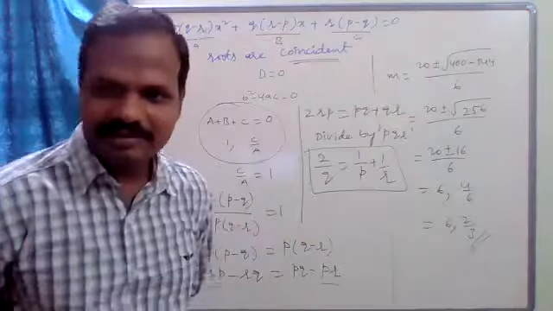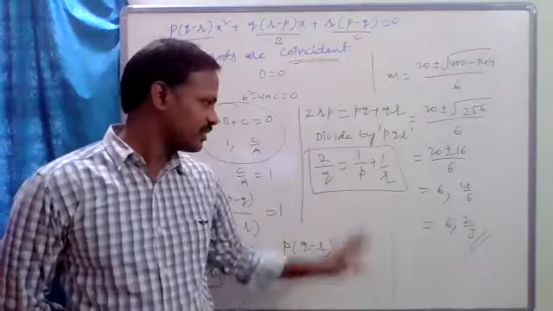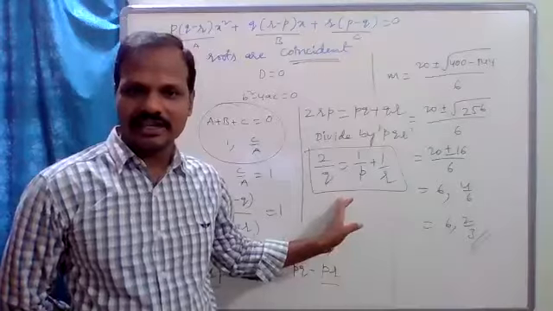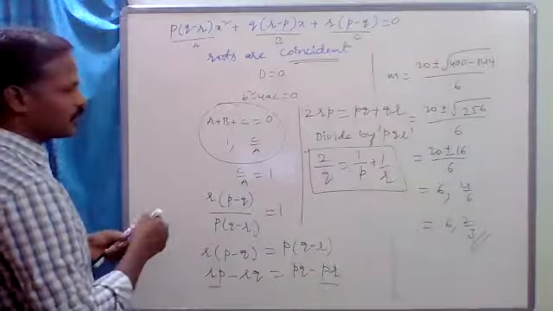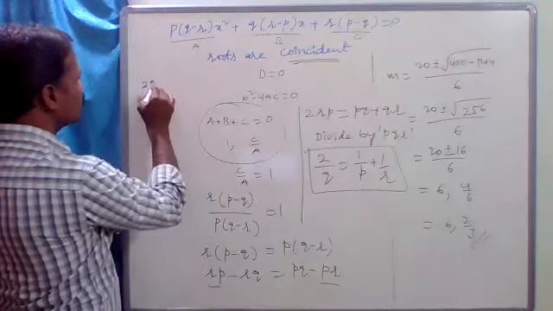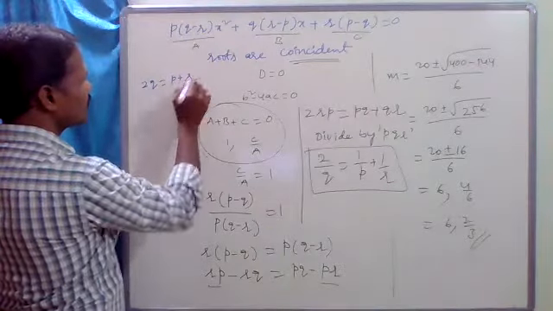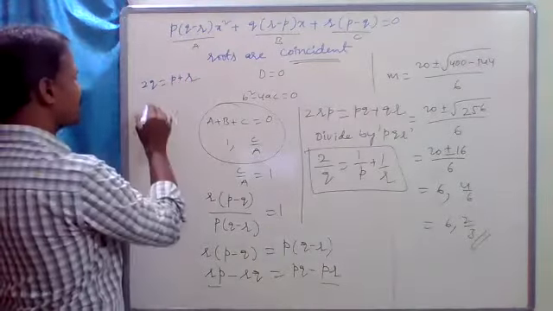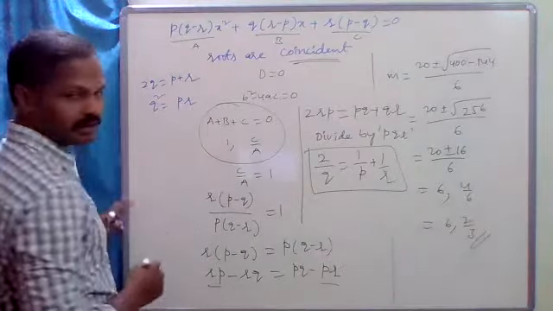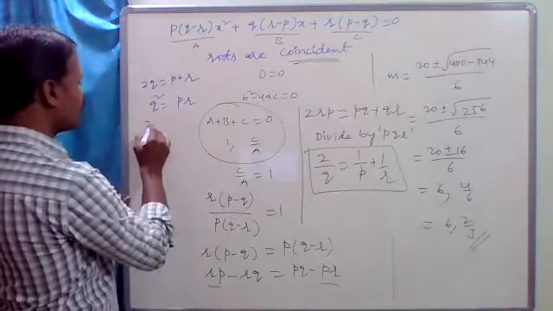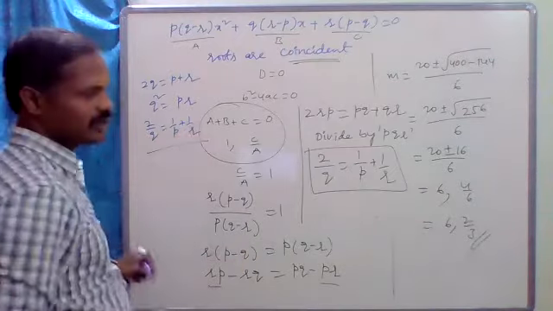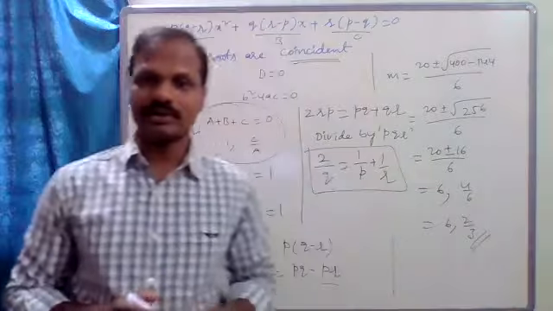Yeah, very good, Samta. HP. This is HP. p, q, r in HP. Is it clear to everybody? If p, q, r are in AP, then 2q equals p plus r. If GP, q equals root pr, that is q square equals pr. If HP, 2 by q equals 1 by p plus 1 by r. Very good. So that's what you have to think.